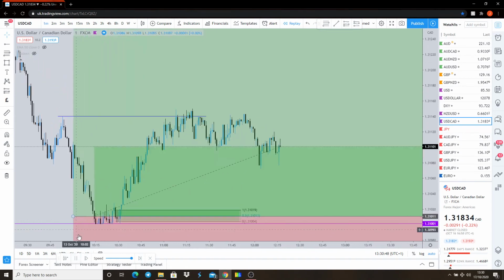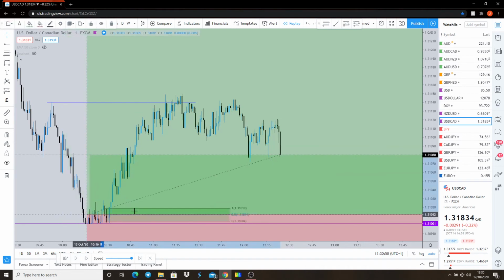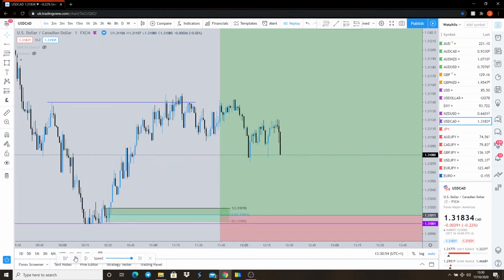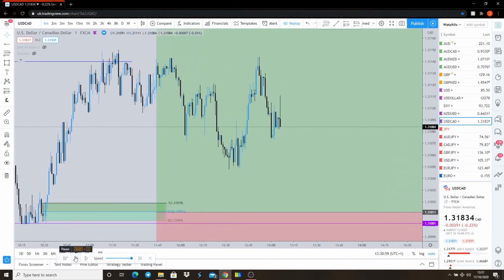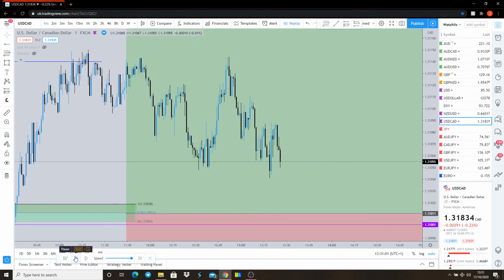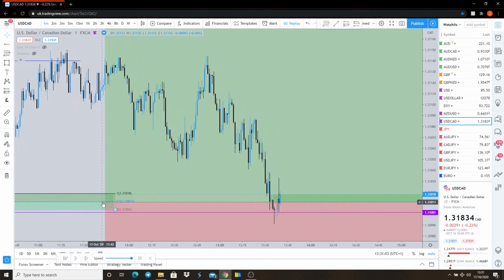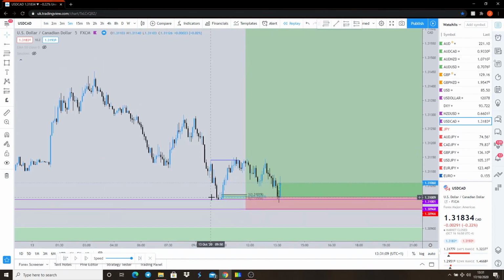Hang on, I don't know why this has moved. Oh, pause. Okay, there, let's go. Okay, so perfect, there we go, we're in. I don't know why this keeps moving. So we're in. We've got our stop loss underneath our 5 minute order block to the left, just in case. We did get a little bit dipped down, but nothing much.